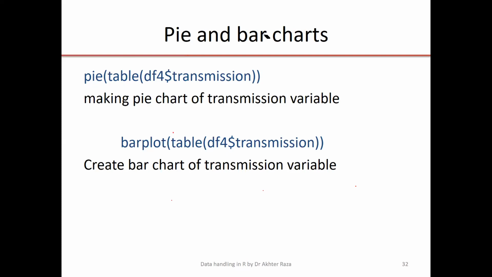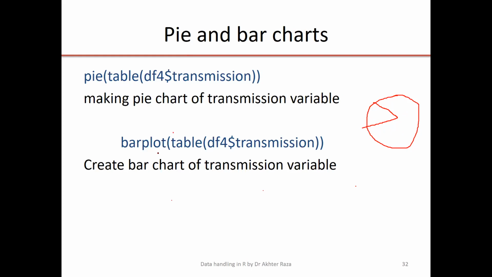As a result of this command, a pie chart will be shown. In that pie chart, one segment will reflect manual cars and the other will show automatic cars. As in the data file, most of the cars are automatic and a few of the cars are manual. So the pie chart will show that a very slight segment will reflect manual cars, and a very large part of the segment will show you the automatic cars.